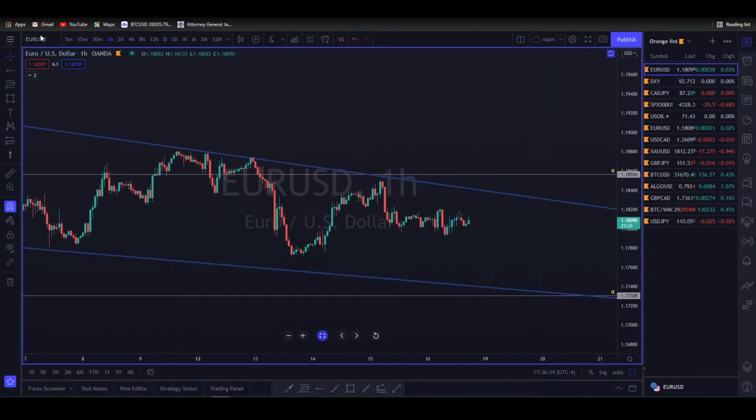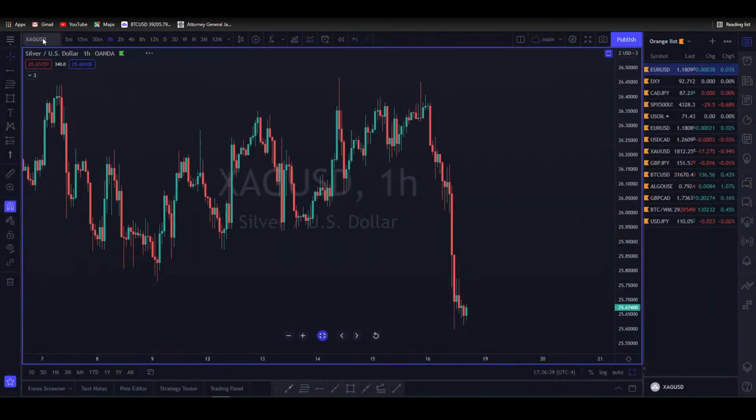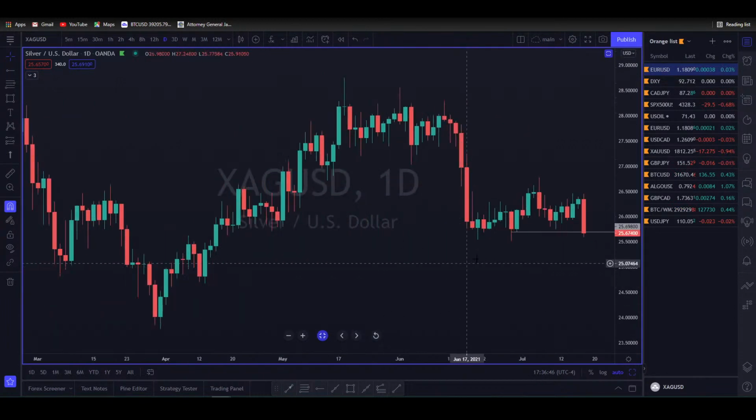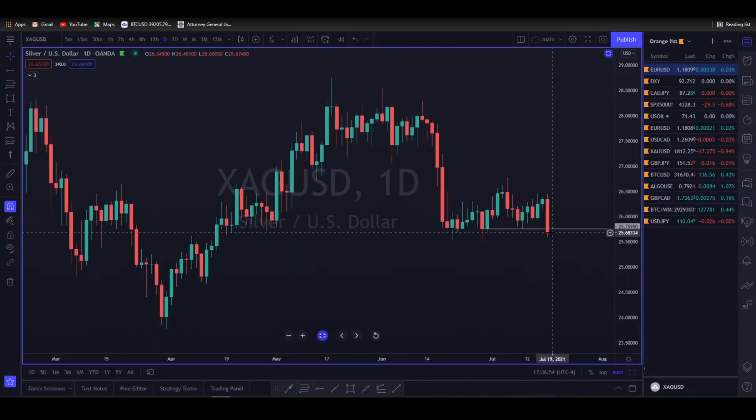Back to silver. Let me go out to the daily so we can get some real levels, as the dailies are the most important, guys, because it's the daily price range. So here's daily support, 25.75. There's your close below. So on the attempt to move back up, people are going to look at that as a selling opportunity. They're going to look to get short, pushing this thing lower because it took out support. Plus, once you had this big move from the FOMC,